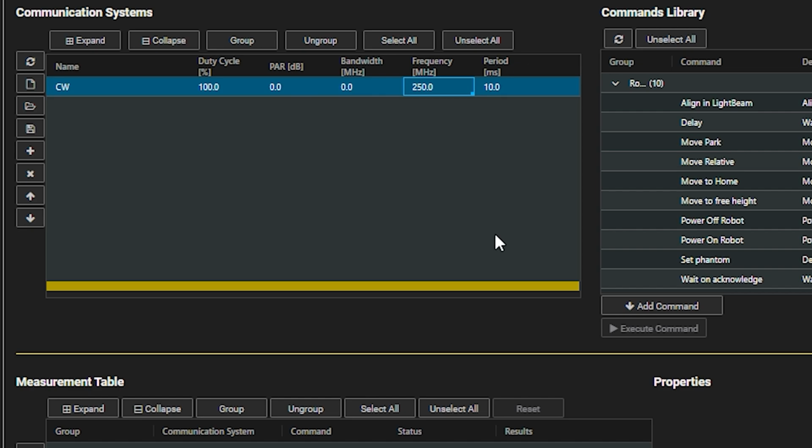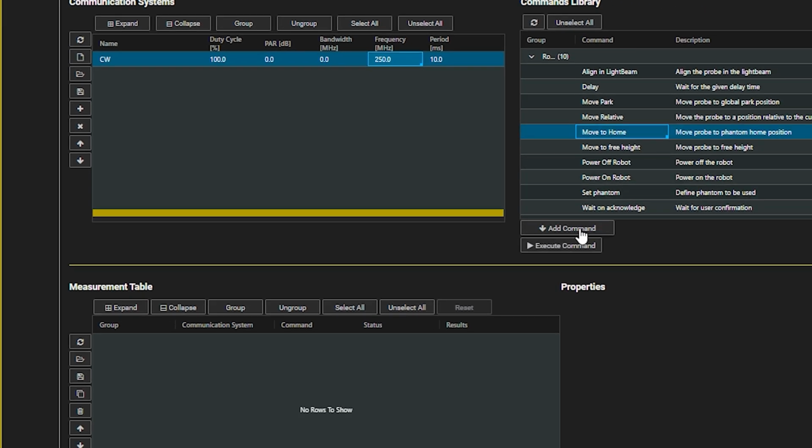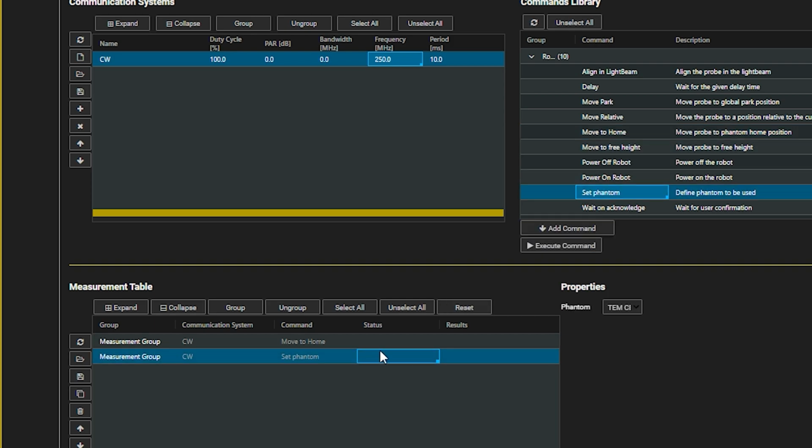To set up the measurement sequence, I add the move to home and setup phantom commands to the table. For the setup phantom command, I ensure that the correct phantom, TEM cell, is selected.